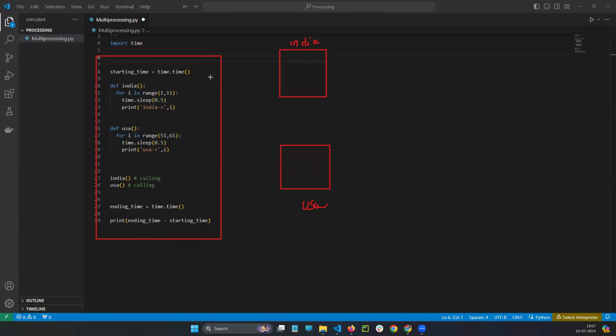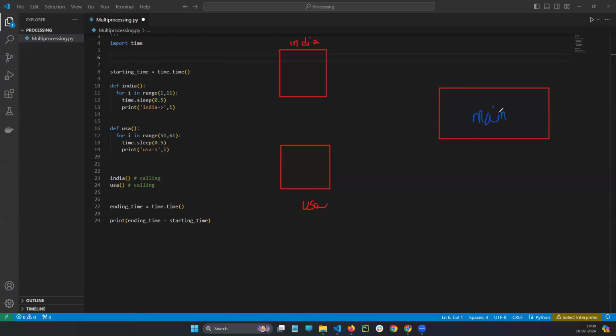So guys, am I using the main CPU, or am I creating sub CPUs here? Tell me. Am I using a single CPU, or am I creating CPUs here? I am creating two functions and I am going to run them with the main CPU only. No, sir, I have not created any process yet. So it's the main CPU.